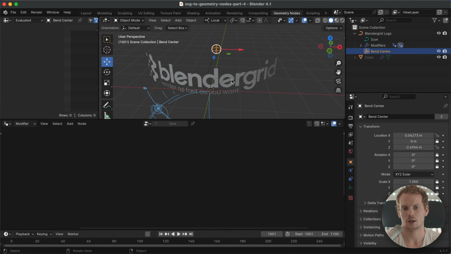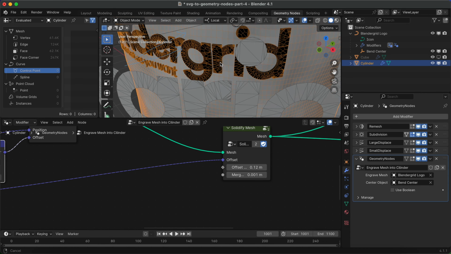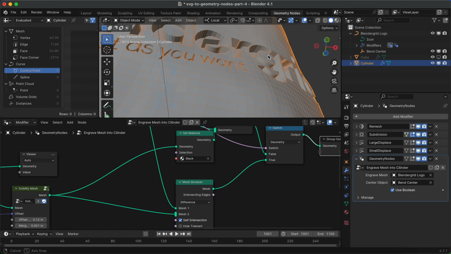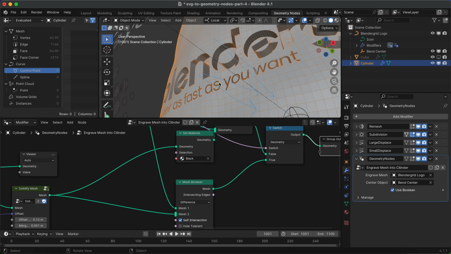Welcome back to part 4 of the SVG to Geometry Nodes series. This is going to be the final part. In this part, we're going to take a look at how to take our bent logo that we prepared in part 3 and project it onto a cylindrical object in Blender, and then emboss or engrave it